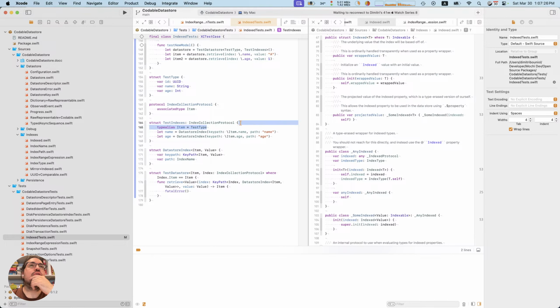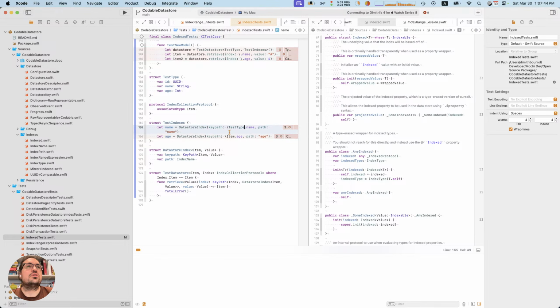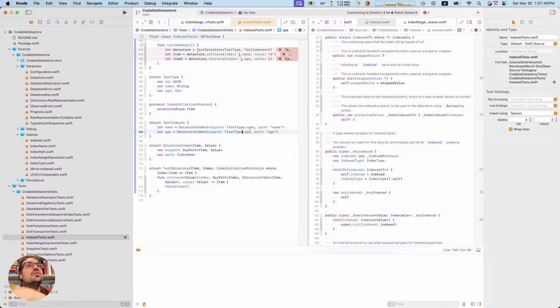I don't see the point of this. So we can probably get rid of it. Is there any point to the marker protocol? No. It's like, sure, I have to specify that part, but it's not the end of the world.